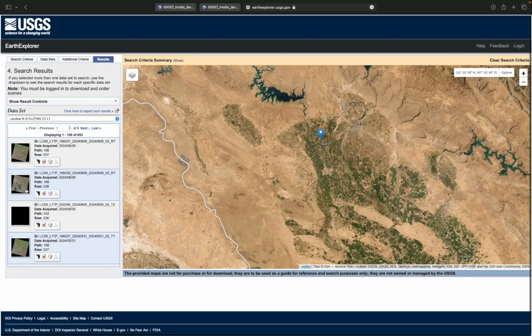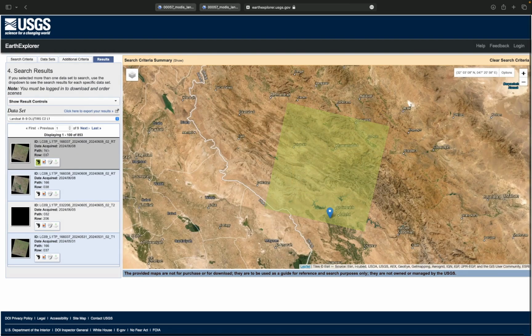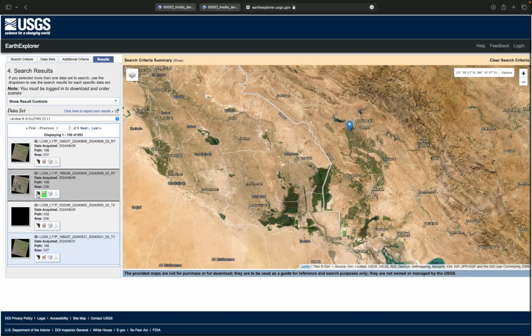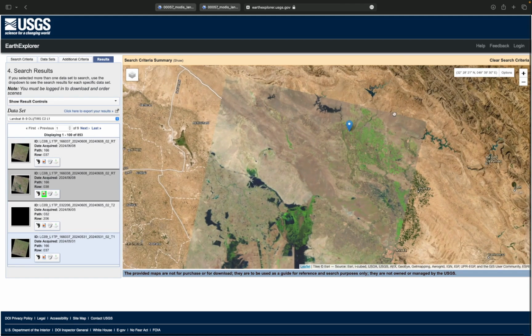Once the results are available, as you can see, one path is 166 and the row is 37. This frame covers a part of our region of interest, while the second one, 166 and 38, as you can see, fully covers our study area. And here you can see that this frame, 166, 38, fully covers our study area, and we can use this for our process,